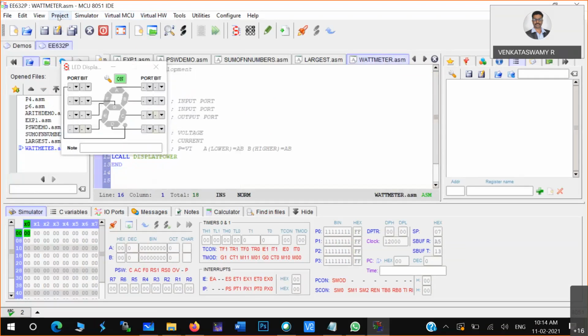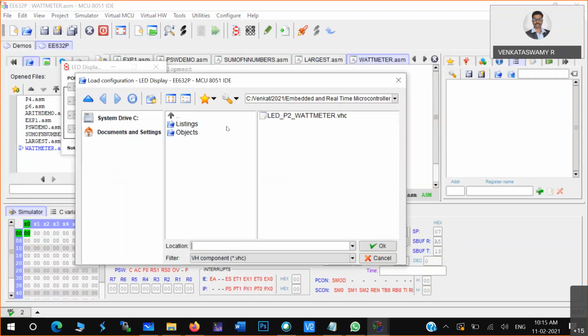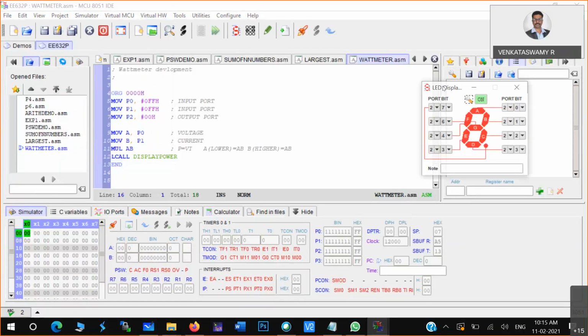You can open the virtual hardware and load configuration. So you can open it like this. P2 is connected now, so whatever content you put in P2 will come here.